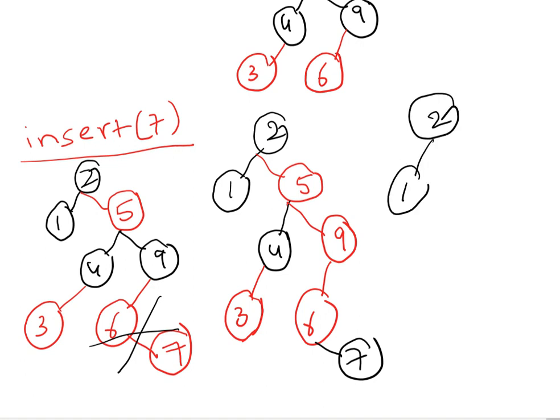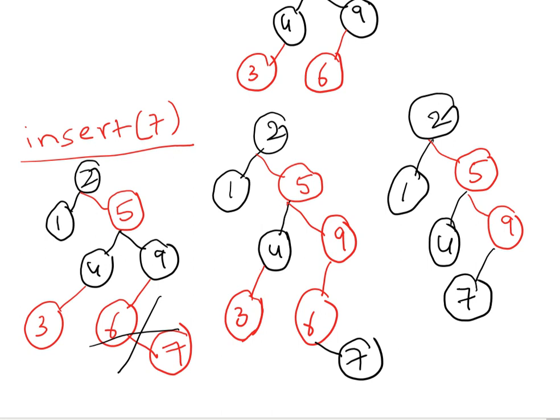2, 1. Here will be 5, and then here will be 4, 9. Here you want me to replace 7 as a black node? No, sir. And then if I put 6 here, again the rule is violating. I have changed 7 to 6 and 6 to 7. Two consecutive reds are coming, and this red node should have only black children.